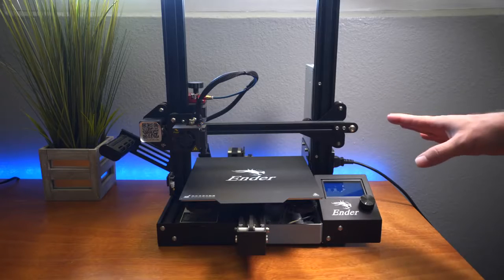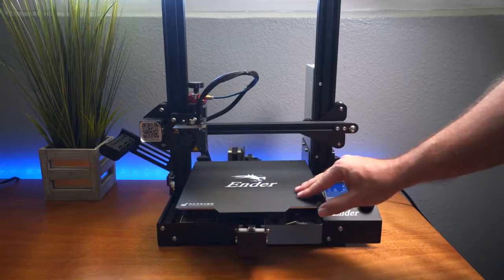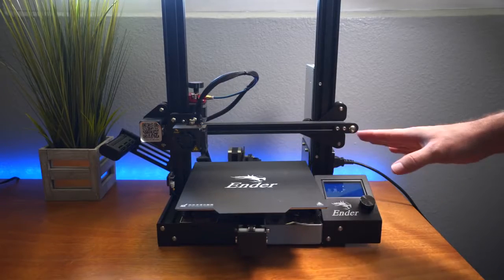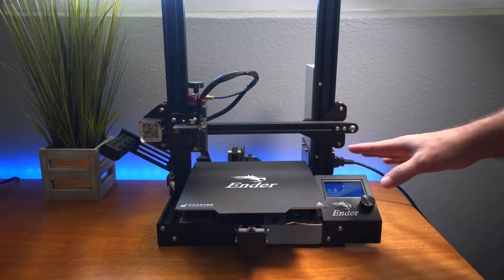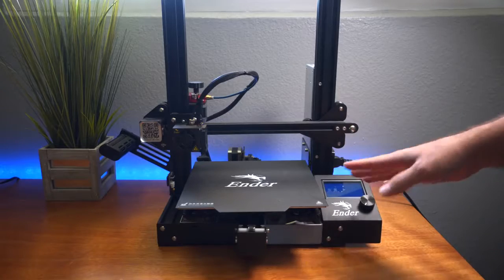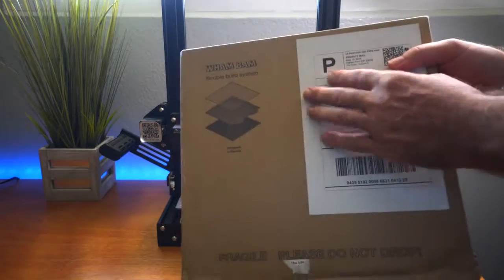Now, one of the problems with the Ender 3 and a lot of other printers that have this magnetic flexible bed is that you're not able to print higher temperatures for ABS and whatnot else that you want to try. So this kind of limits you to just being a PLA mostly printer. But thankfully there is a solution for that, and today we're going to be looking at that solution, which is